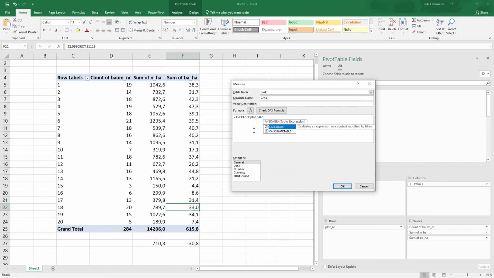So first we like to calculate a sum of the single tree values. Let's say the basal area per hectare that we have computed for every single tree. And from this calculated sum per hectare, we like to calculate an average over all our plots. Let's see whether this is working. And we like to get this as a decimal number with 1 digit, for example.